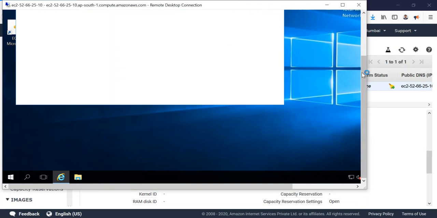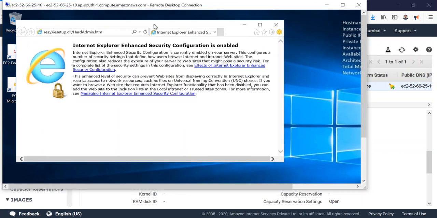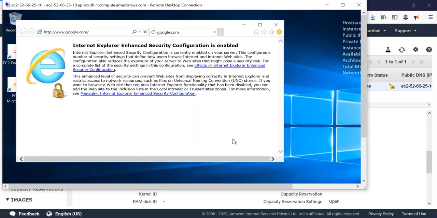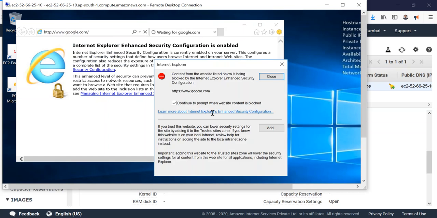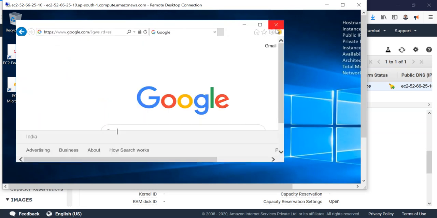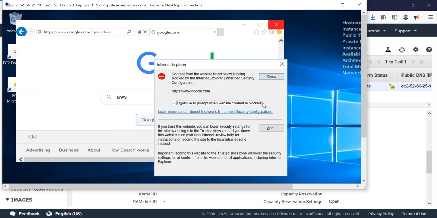If I try to open any website, suppose www.google.com, see what restriction: every time you have to add the exception, so it is very difficult to run even a single website. If I write something like AWS, again I have to add so many exceptions.